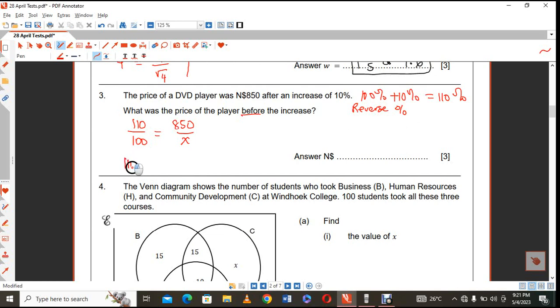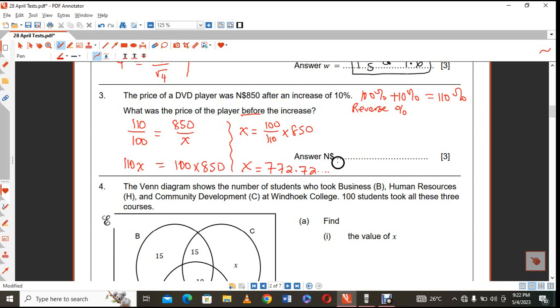That is going to be 110 X is equal to 100 times 850. Okay, so maybe I should exactly show you where the reverse percentage comes in, because 100 is on top, 110 will be under, and then you multiply by 850. Ideally, you get the product here and you divide by 110. Okay, so once you do that, you're going to get a value of